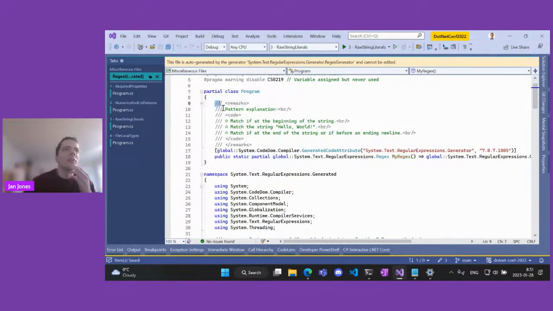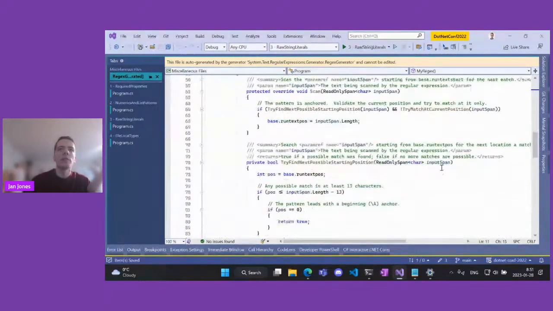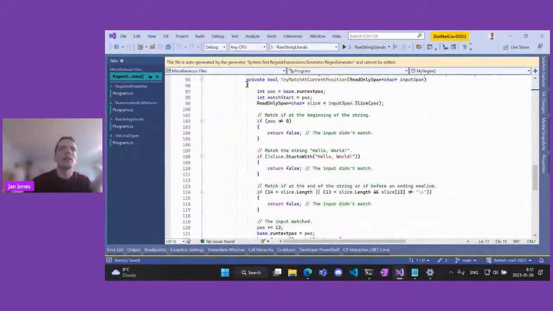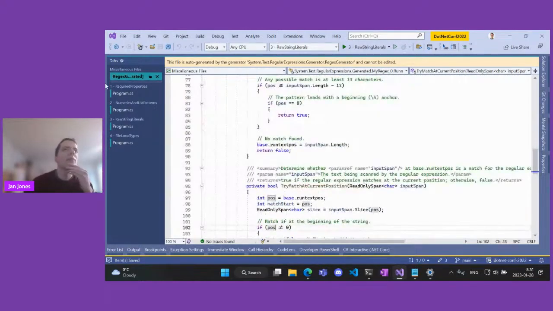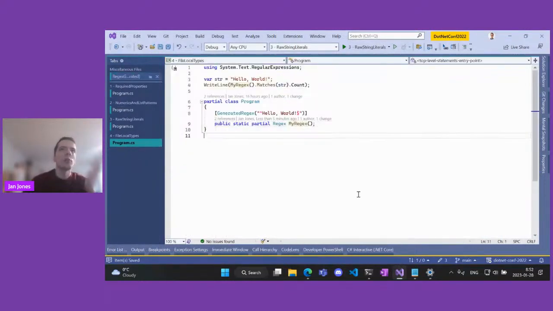because it even generates a documentation comment which explains the pattern, and even the implementation, if you look here, is really nicely generated so you can read it and understand it. There are even comments, you can debug through it. So you can understand the pattern really nicely. It's a really nice source generator, but why I'm talking about this is a new feature in C# 11, which is